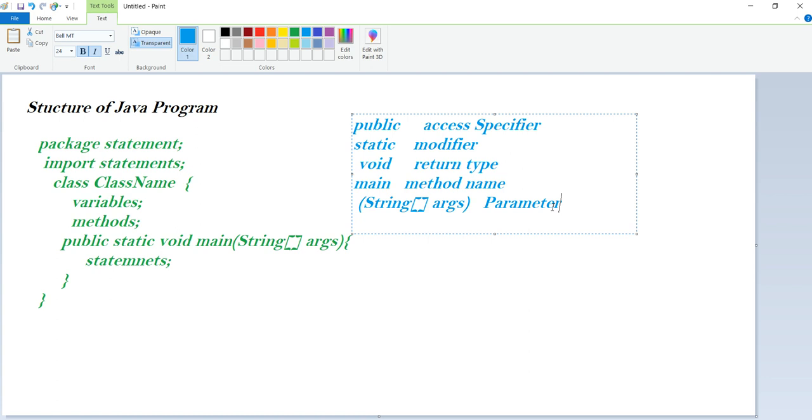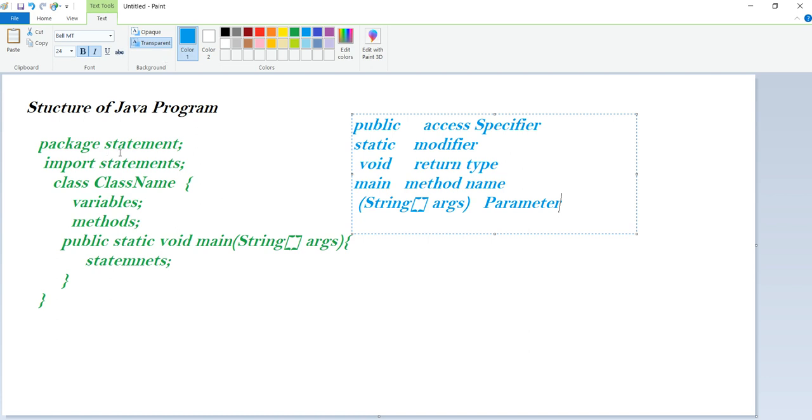A Java program can contain any number of comments, and they can be specified anywhere in the program. Comments are non-executable. In them you can write hints and notes. How to write comments, we will see in the next video. But you can write any number of comments. So this is the way you write a Java program.